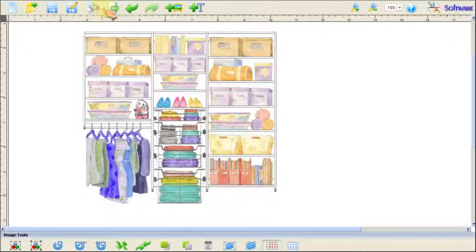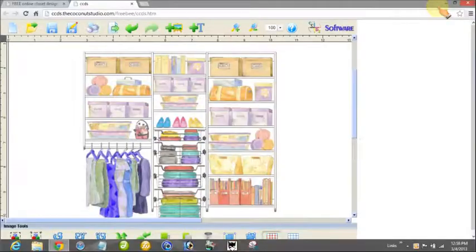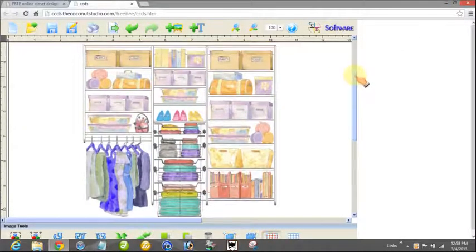Now normally with our regular systems you could save this design in an editable file, or you can save it as a PDF, but that's not enabled on this free system. But I will be able to show you how you can take a screenshot of your design and save it that way. To do that we need to come out of the full screen mode. So over to the CCDS logo again and click that, and you can also click escape, which does the same thing. And now if we align our design so that we can see it all,